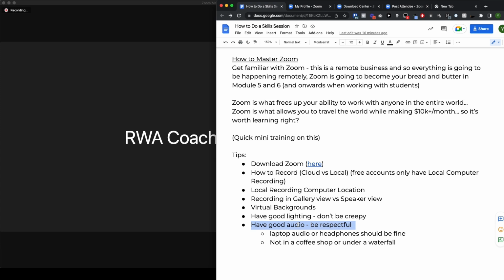Should be fine. You don't have to get a mic or anything like that, but you just want to make sure you have good audio, make sure that you have good lighting. Make sure your camera works, and test everything out so that you aren't wasting the other students' time when you are going through this process. Very, very, very important. Okay.